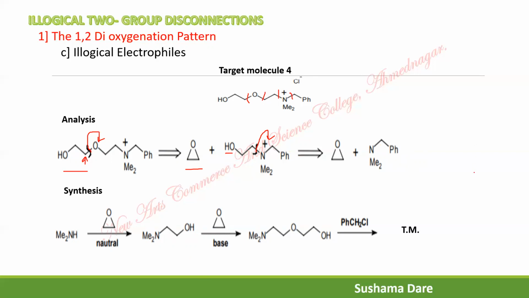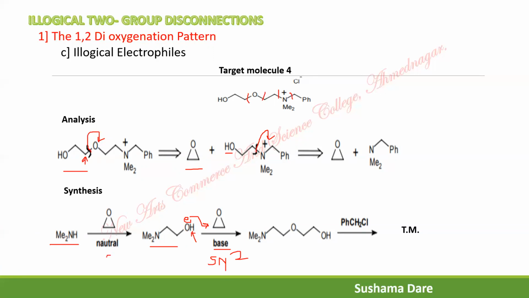The next, look at the synthesis. It's a dimethylamine. Treat it with epoxide. The ring will get open. Again, you treat it with base. So base abstracts this proton. After abstraction of this proton, there is a generation of negative charge. Then it attacks the epoxide. So this is nothing but a ring opening reaction, an SN2 reaction. So here it is an SN2 reaction, right? So same here, this is a base attack on this.